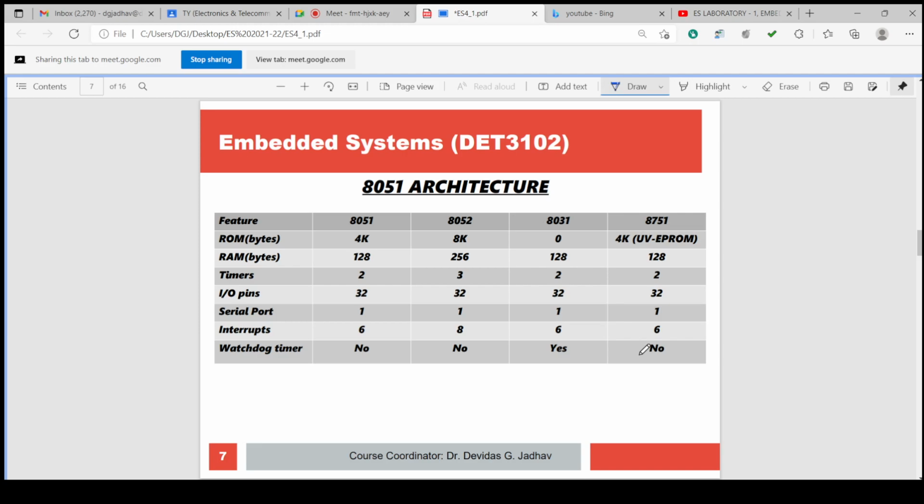Timers are 2 for all these controllers except 8052, which has 3. IO pins are 32 for all 4. There is 1 serial port for all 4 controllers. Interrupts are 6 for 8051, 8031, 8751, but 8 for 8052. Watchdog timer is not there in any of the controllers except 8031.